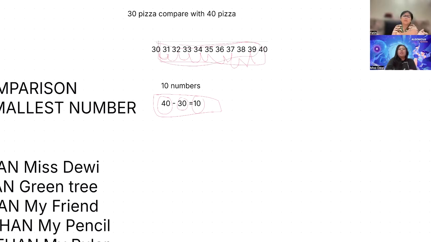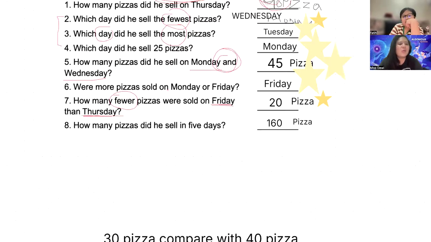Okay, is everything clear until here, Fatih? Do you have any question? Yeah. Oh, okay, good. Now let's see last one. That's very easy. They're asking about okay, how many pizzas? Again, many asking about numbers. Did he sell in 5 days?